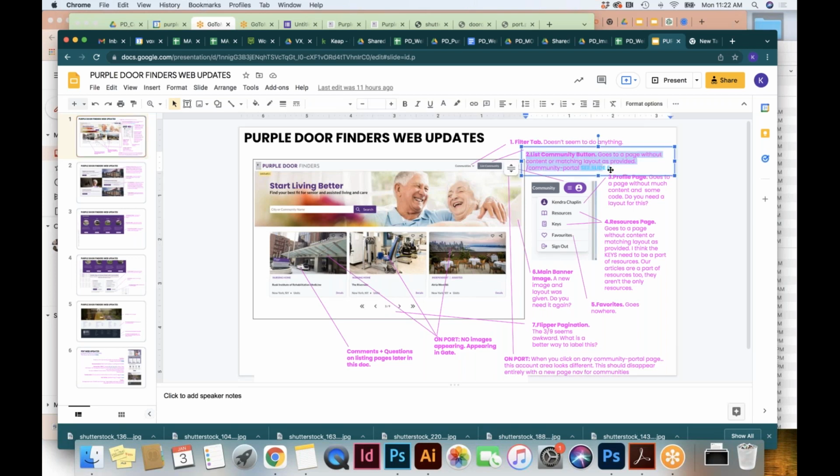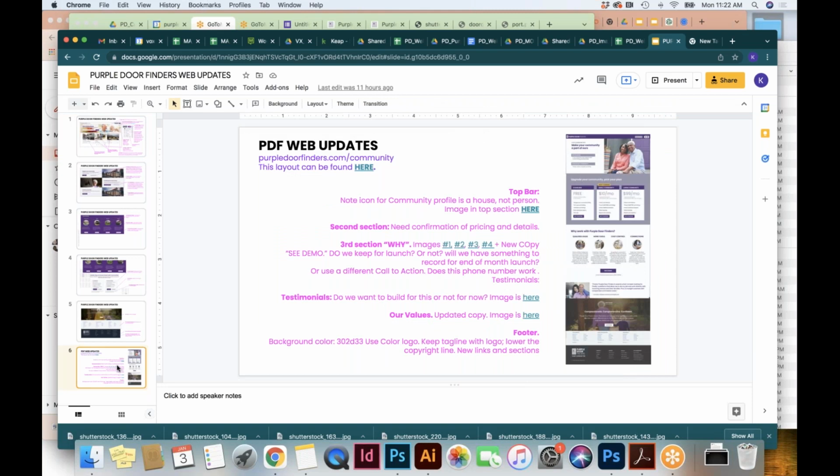Yeah, so of the things we started to go through on the home page markup, I really only got to this community button because I had submitted a layout for it back in September or October. Subsequently, our needs for it have changed, but I think we got really great feedback looking at that last week, so I redid that one. This is the first page you click through from the home page, which is the community page.